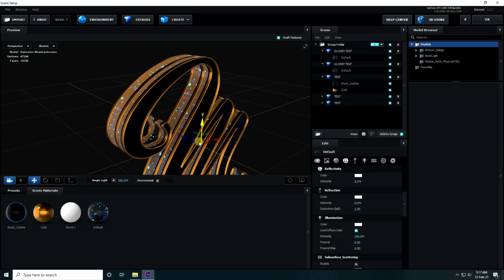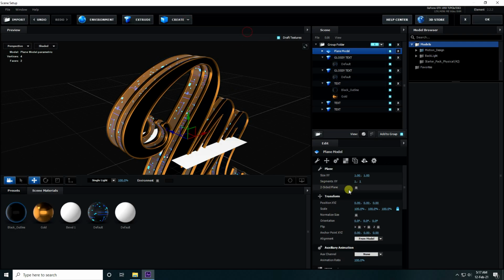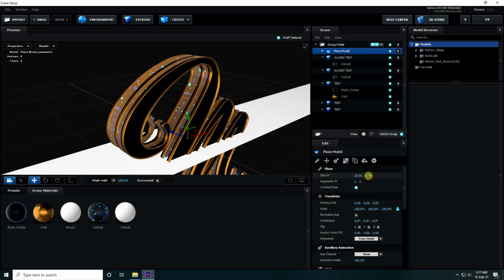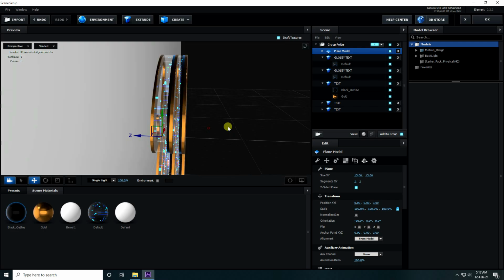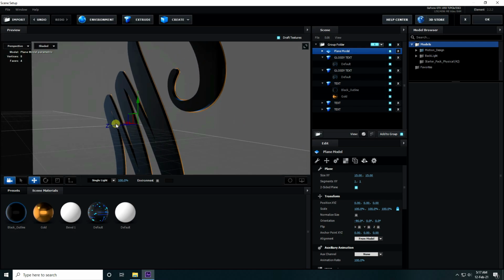Okay, so now guys, I apply a plane. Go to create and click on plane, check double sided, and plane size I take 15 and 15. Orientation minus 90, and go to back like this.